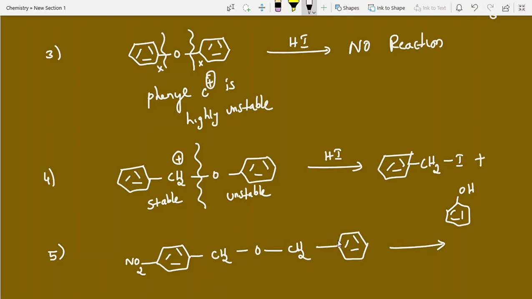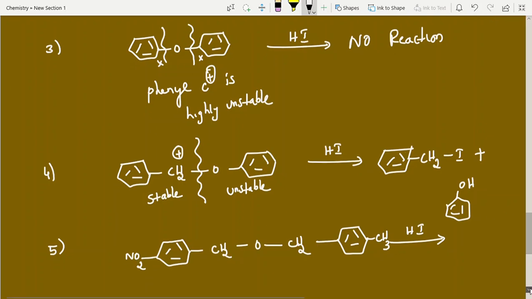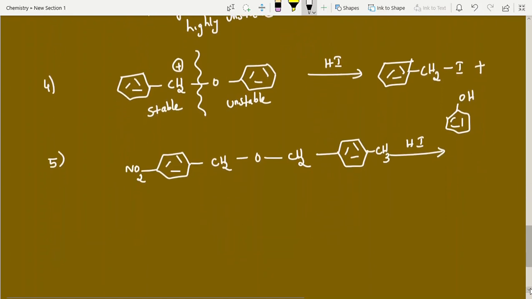So here, students, try to give the answer. What are the groups attached to the benzene ring? This is methyl, this is NO2. One is an electron releasing group, one is an electron withdrawing group. Imagine, suppose cleavage happens here and the positive charge is there on the ring side, it is unstable. Why? Because